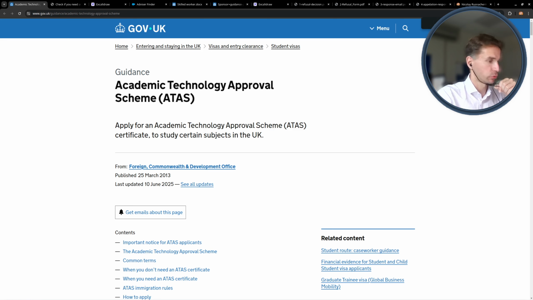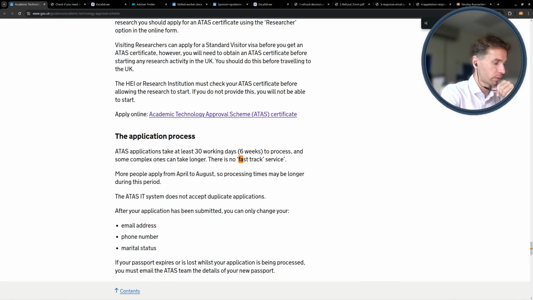The key thing to know is that, unlike other documents, there is no fast-tracking service for the ATAS in particular. The platform says it takes at least 30 days to process applications, which may be prolonged.